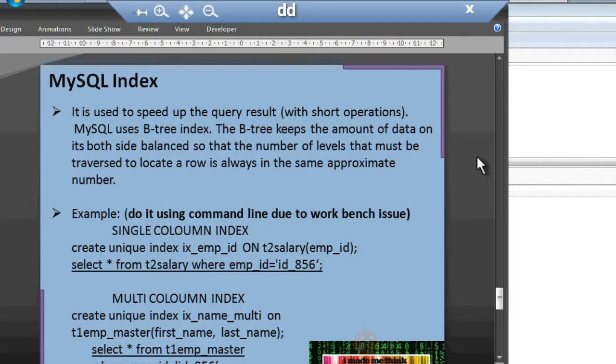MySQL index. It is used to speed up query results with sort operations. MySQL uses B-tree indexes and so on and so forth. If I want to run an index on a particular column, I can do a single column index, or I